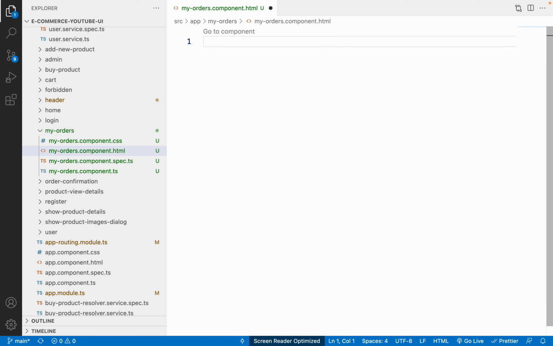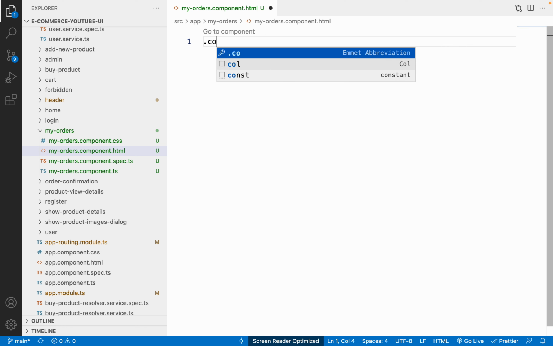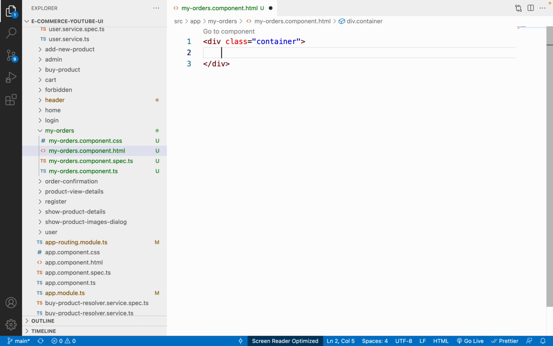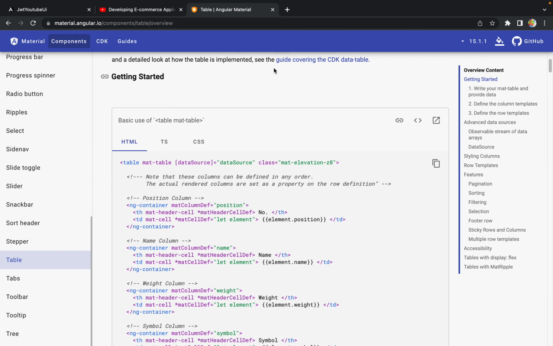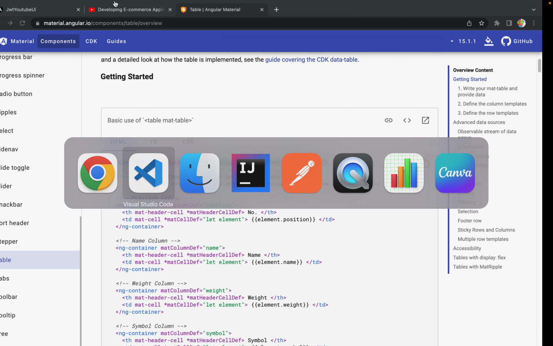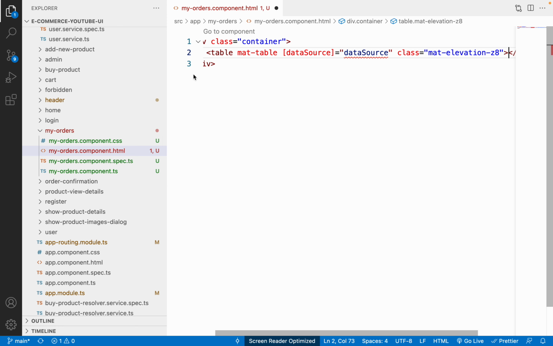Then let me just remove everything, and let me first of all use one class that is called a container. Container is basically a Bootstrap class, and inside this we have to use one table. To do this, I'm just going to use table. You can copy the very first line and paste it over here, and at the end you can just write